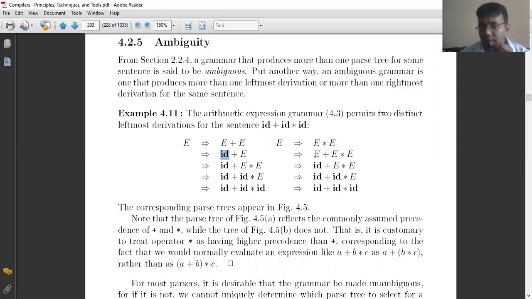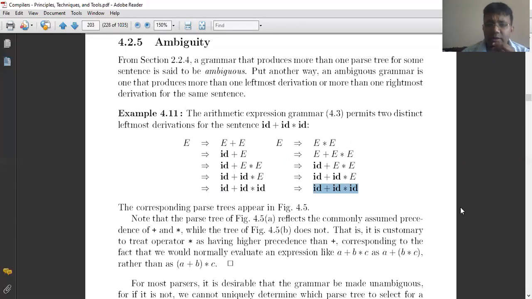Another way, using the production rules, we make sure that E is replaced by E plus E, and then we have the replacement of id, and then this id and this id. So these are the rules that were already given previously. According to this, the string that we get at the end is similar, but the way we derive it is two distinct. So doing this for the same string in two different ways, such a grammar you can say is an ambiguous one.